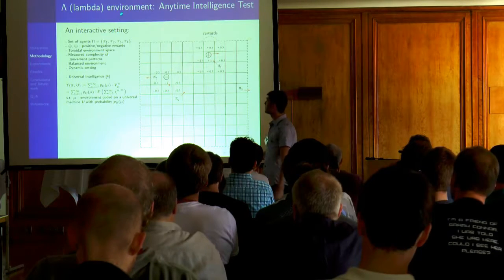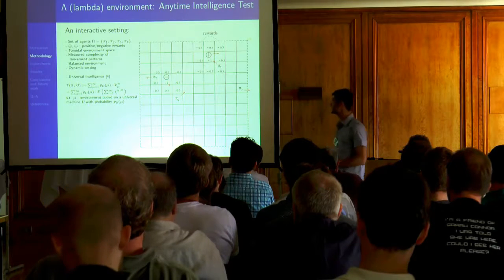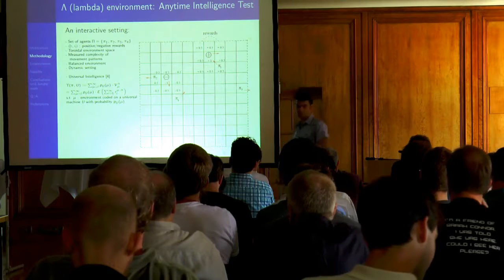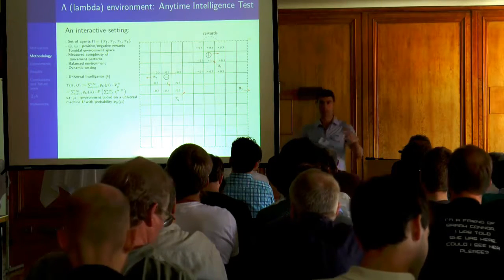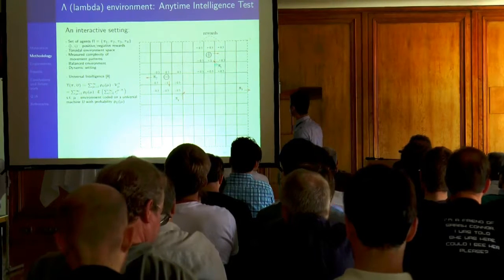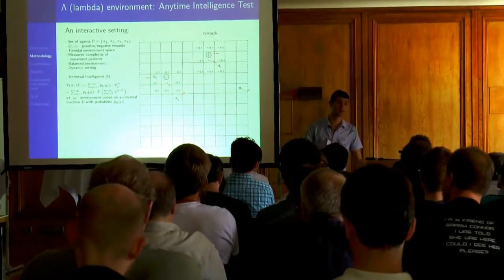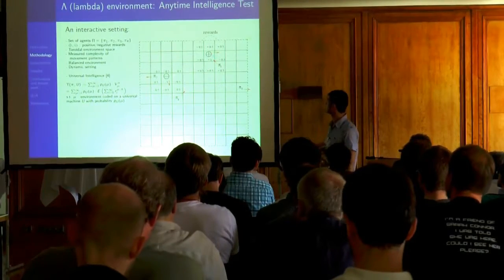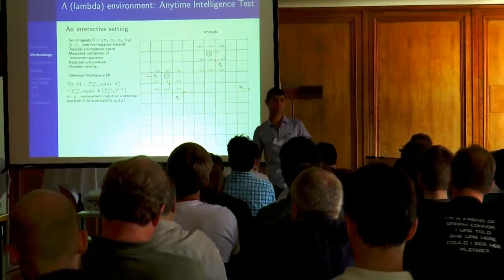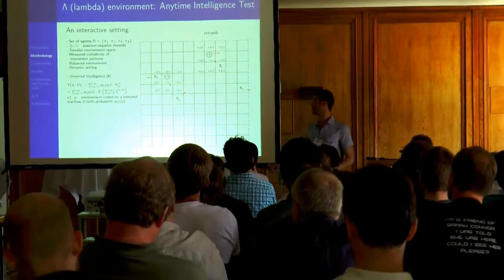So we'll use the Lambda environment, which is a very simple setting that implements the Anytime Universal Intelligence Test. Just think about it as a grid of cells where you have a group of agents that can move in these cells, so they can take different actions. And we have two special objects, good and evil, and these objects put some positive and negative rewards in the environment. These special objects have a movement pattern, and we can calculate the difficulty or the complexity of the pattern by using an approximation of the Kolmogorov complexity of the movement pattern.